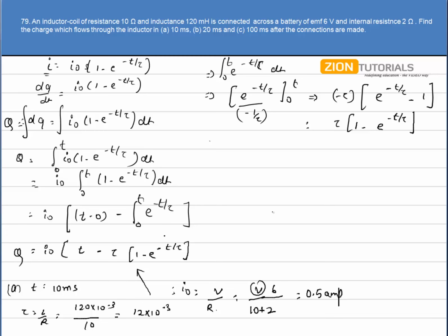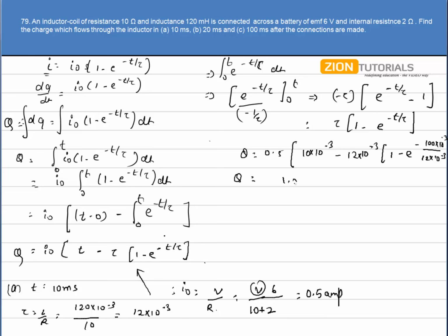Substituting all these values in this equation, I have Q as I naught, that is 0.5, into t minus tau. T is 10 millisecond, that is 10 into 10 to the power minus 3, minus tau, which is 12 into 10 to the power minus 3, into (1 minus e to the power minus 10 into 10 to the power minus 3 divided by tau), where tau is 12 into 10 to the power minus 3. On solving this equation, I get Q as